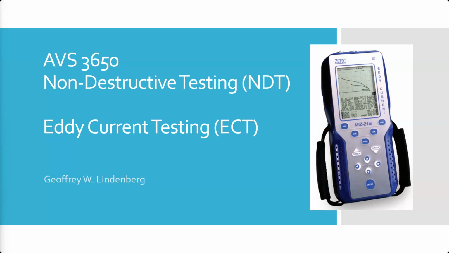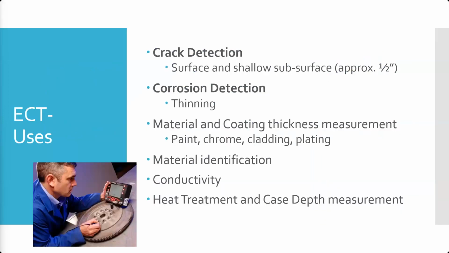Okay? So for eddy current testing, its uses: it's useful for crack detection. Primarily, this is very common in aerospace and aviation. The majority of the time it's for surface cracks, but there are applications where you can find subsurface cracks, shallow subsurface defects, up to about a half inch deep at the max. Okay. The other thing we can find is corrosion detection, and it's useful because it can find what's called thinning or backside corrosion,